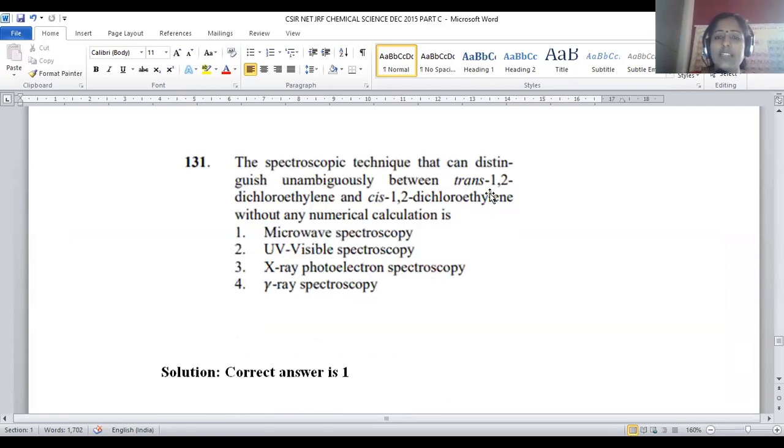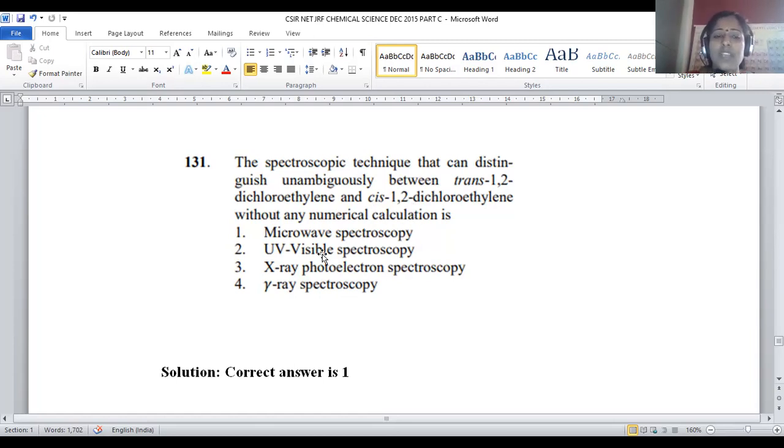The spectroscopic technique that can distinguish unambiguously between trans 1,2-dichloroethylene and cis 1,2-dichloroethylene without any numerical calculation is, okay, it is part of spectroscopic analytical technique. So applications of spectroscopy, where we have to identify geometrical isomers, cis and trans isomers. Here they have given microwave, UV visible, X-ray photoelectron spectroscopy, gamma ray spectroscopy. All these are provided; among all, which is suitable to distinguish cis and trans isomers of any kind of